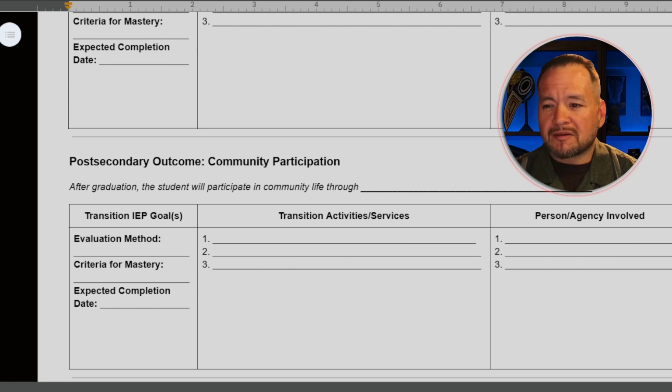This could include things like volunteering. It can include things like being part of recreational groups, any type of extracurricular activities. Those things are important. And so making sure that every semester there is some type of community involvement would be a benefit for your son or daughter.